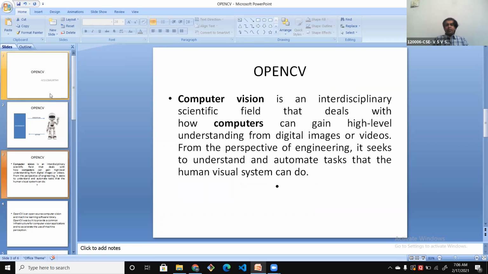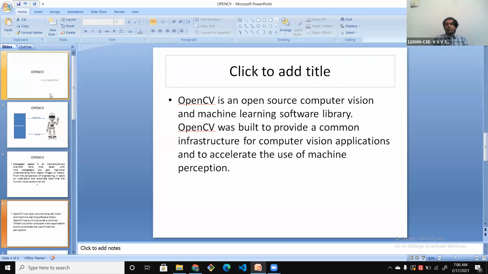We use the field of computer vision, which deals with computers' understanding of whatever they are perceiving from the environment, based upon which they perform automated tasks.